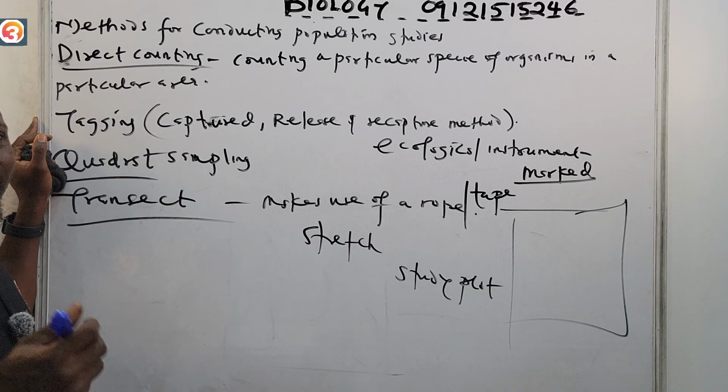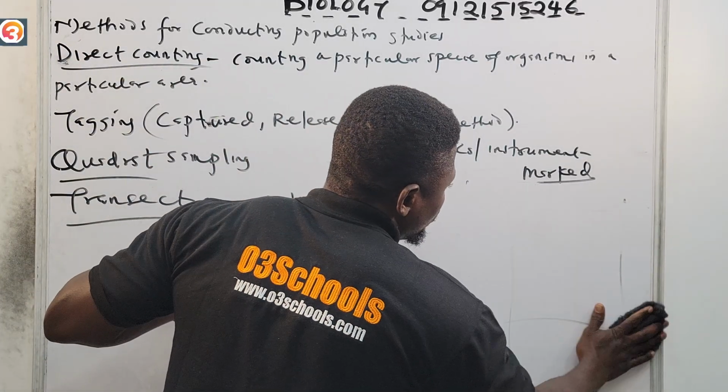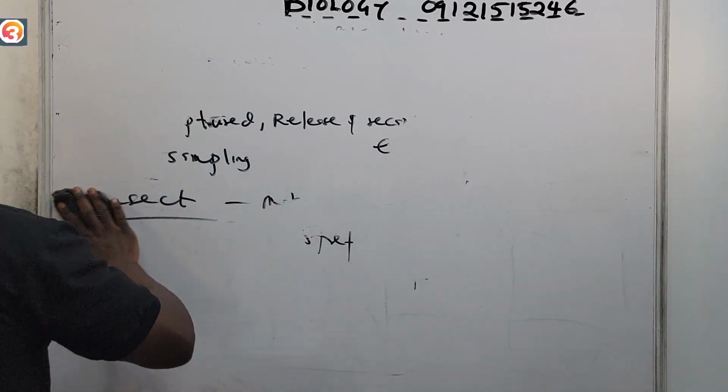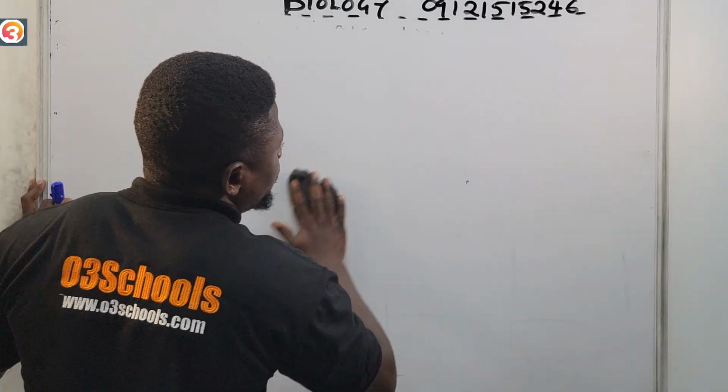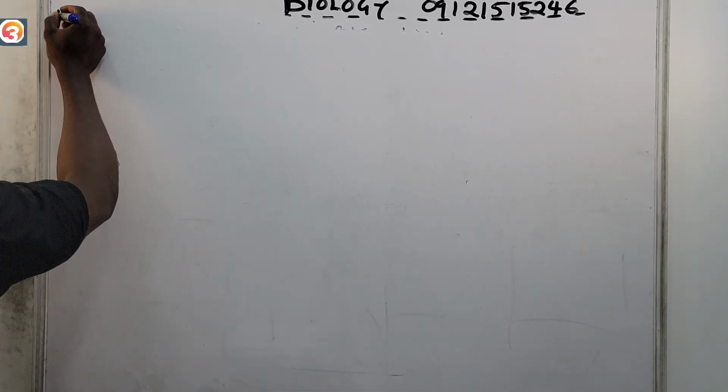So these are the methods that we use for conducting population studies. Now there are some very important procedures that are carried out during the conduction of population studies. Important procedures that are carried out during population studies. So we're looking at